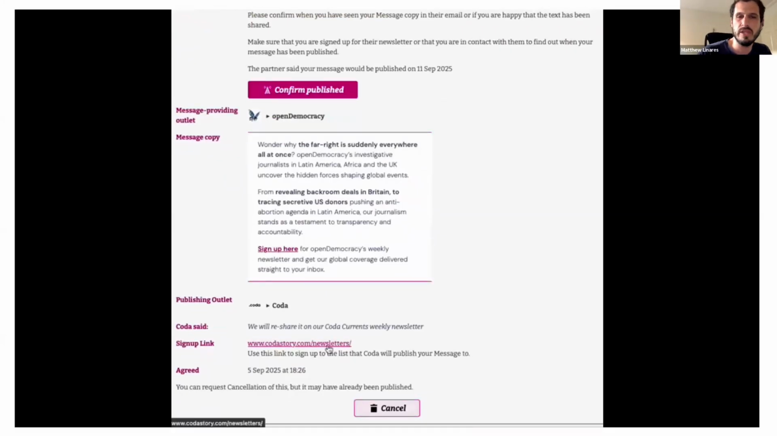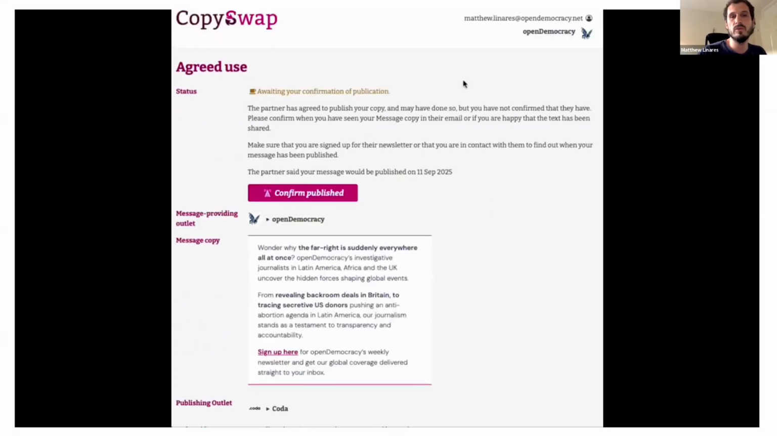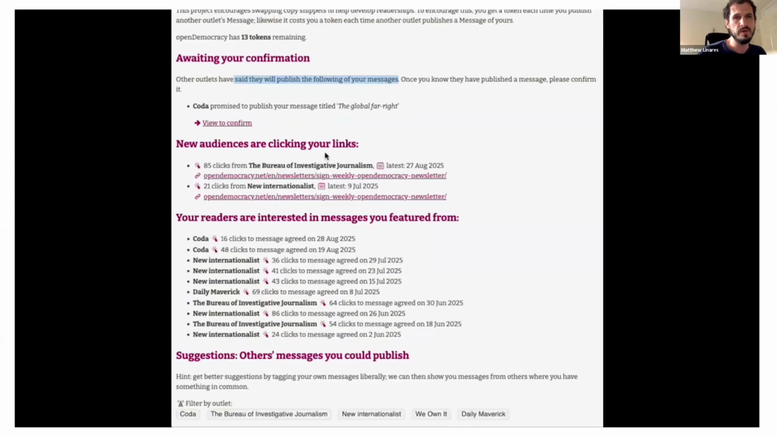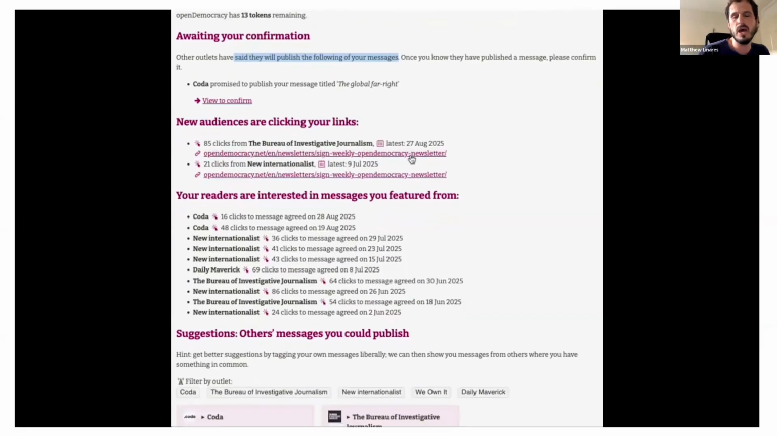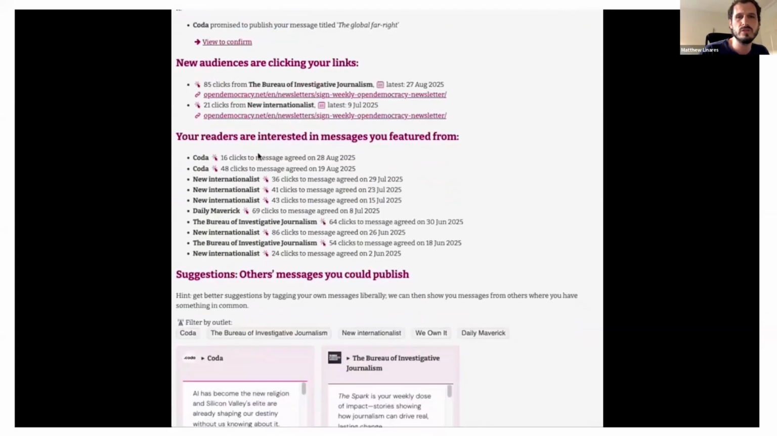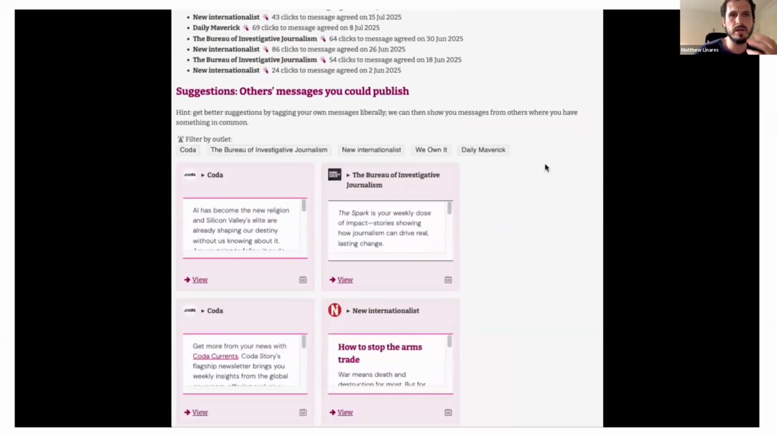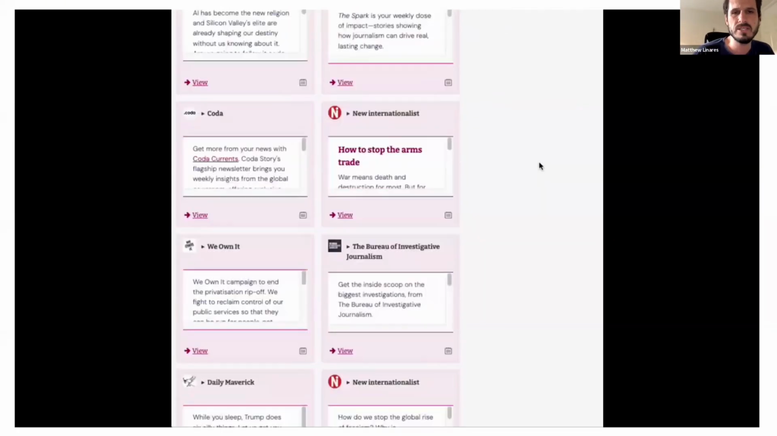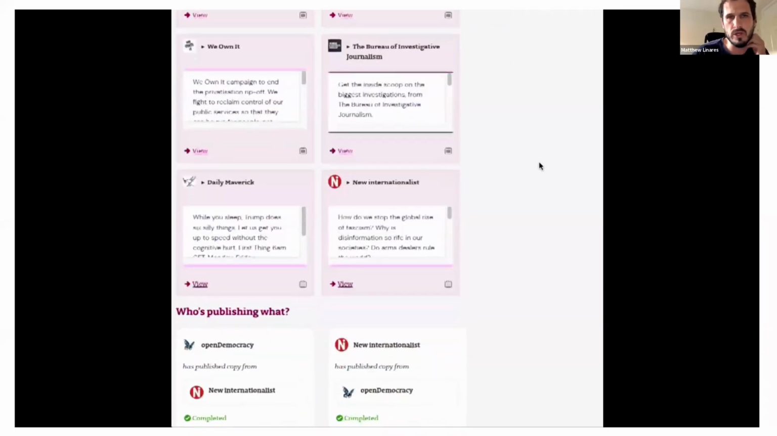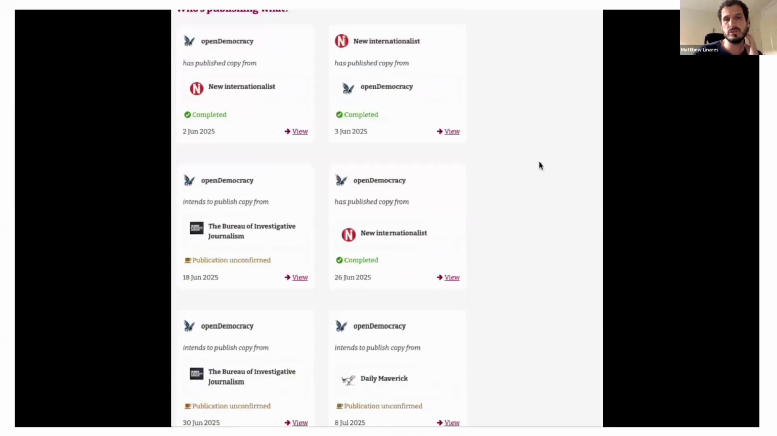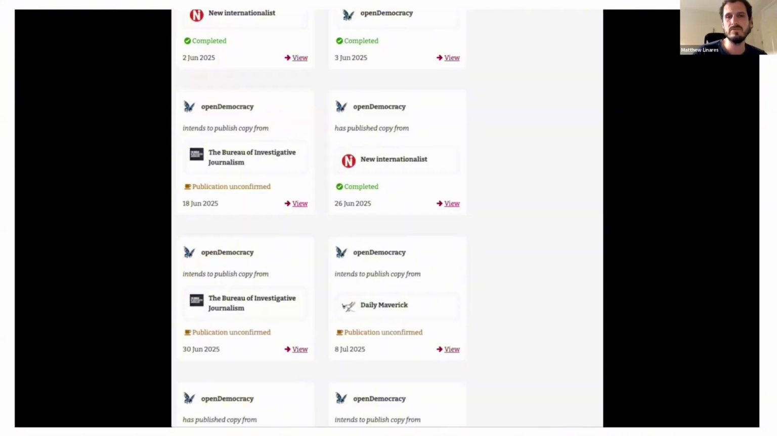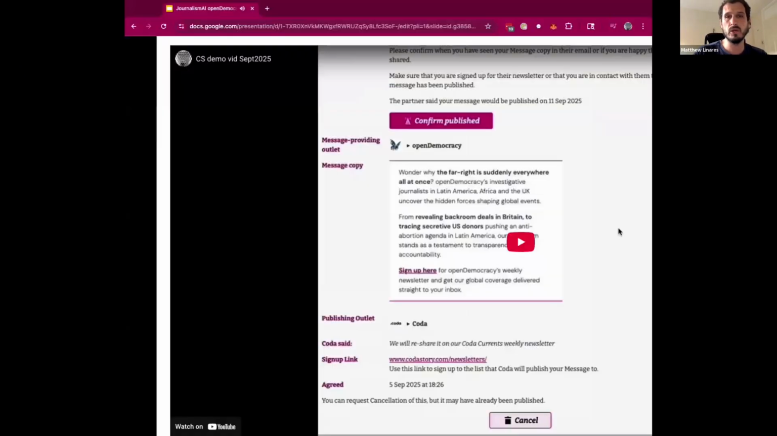message in their newsletter. We confirm if we've seen it that it's published, and then the rest of the dashboard shows how many clicks you're seeing from different messages that were shared by different people. It shows you other messages from different organizations. These are all live messages on our site, so the site is now actively platforming content,